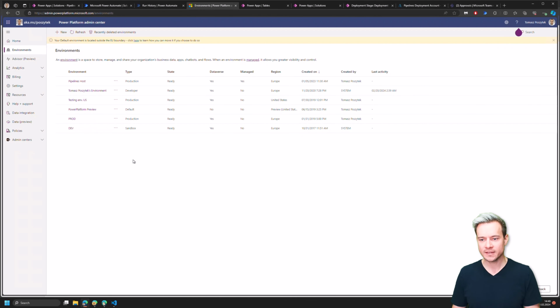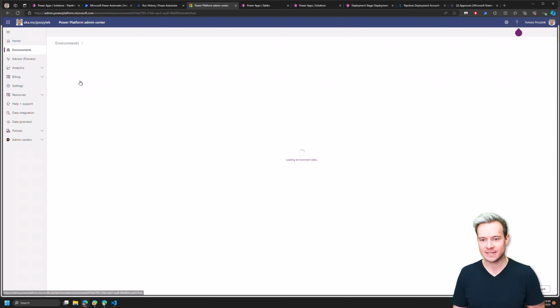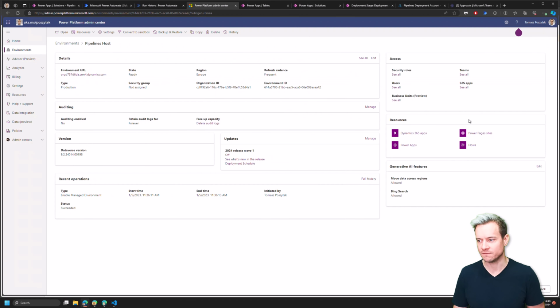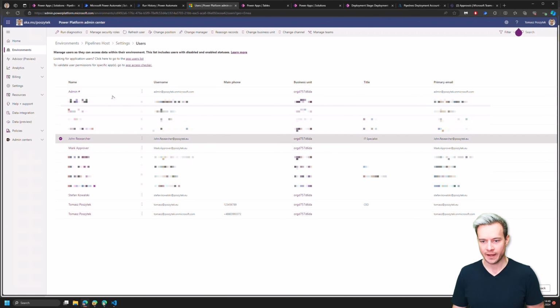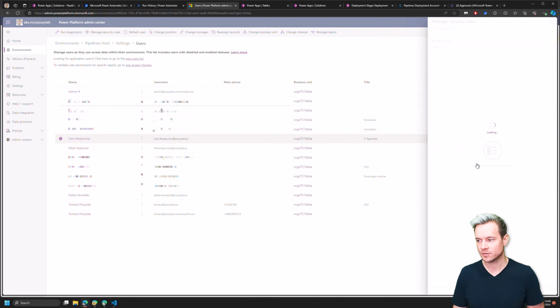So now, one thing that you have to be aware of is that the user on behalf of whom the delegated deployment is going to take place must be granted specific security roles. Now, the first security role has to be granted inside the pipeline's host environment. So once you navigate to users, I'll be using the John Researcher's account for that purpose. Just be sure that this user has security role called